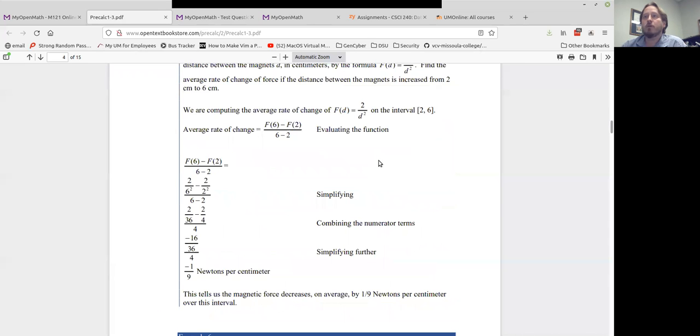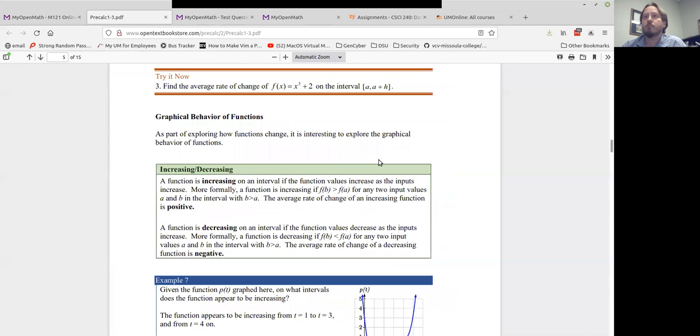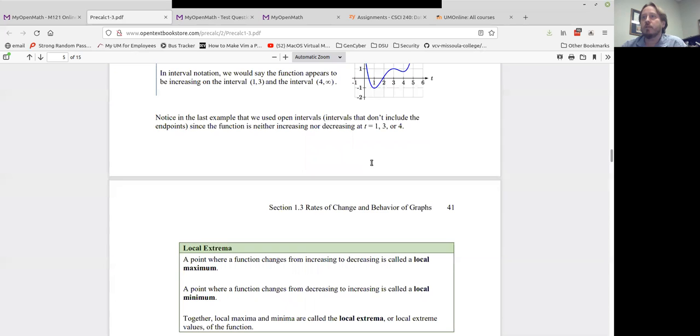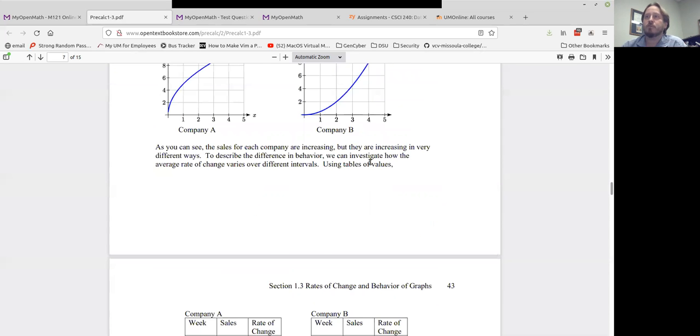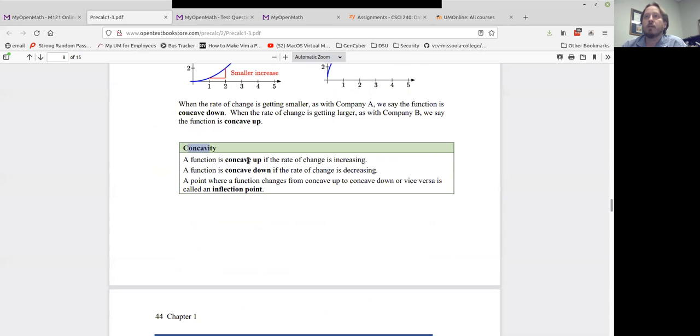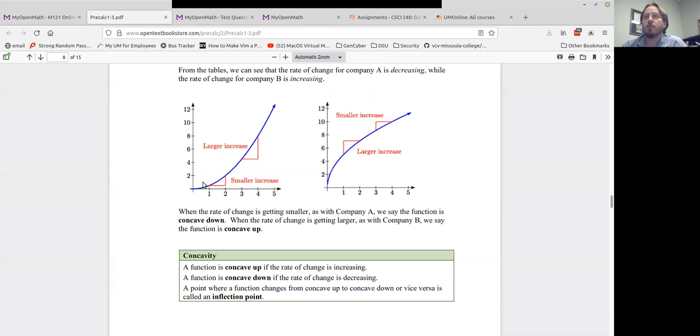Then the other thing I wanted to talk about that I'm not sure is gone through in enough detail is on page 43. I'm not sure if it's difficult or not. This idea of concavity, something being concave up versus concave down, and the idea of an inflection point. So looking at these graphs right here, this one right here is considered concave up. A way to tell that, so a cave is, if you have your mountain and you have a cave going into the mountain, when you talk about something being concave,